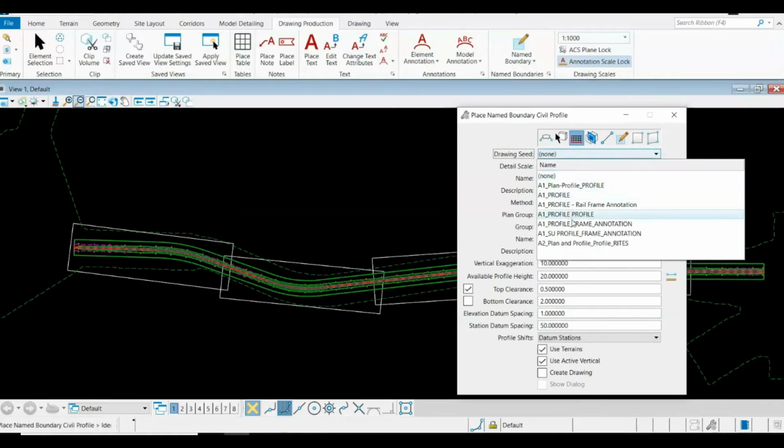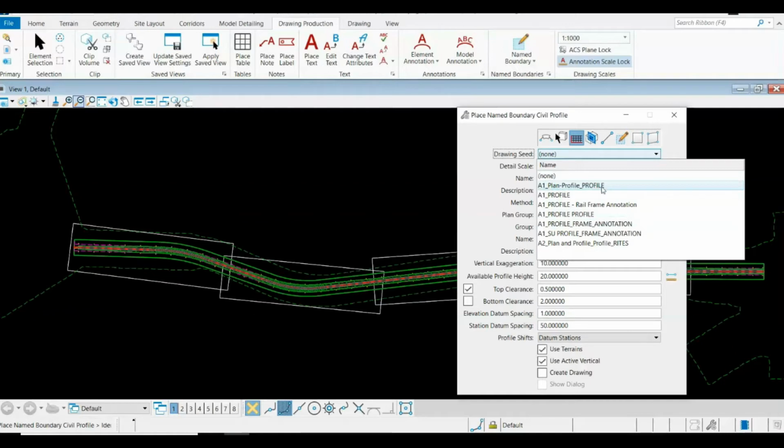Again, I will explain this naming convention. If it is A1 plan profile, there are three parts to this name. The first part is your sheet size, so within the A1 sheet I'm going to create a plan profile. The next part means I'm done with the plan and now I'm going to create the profile.